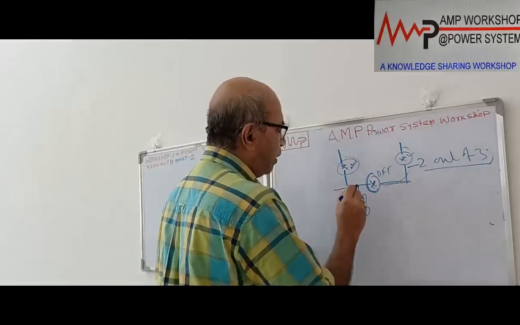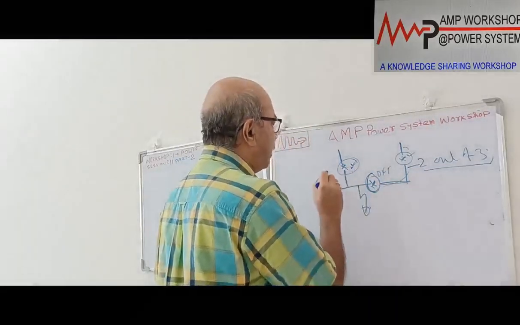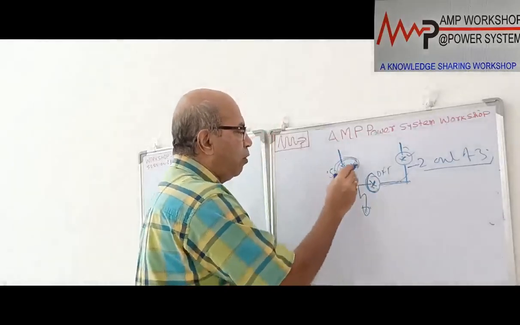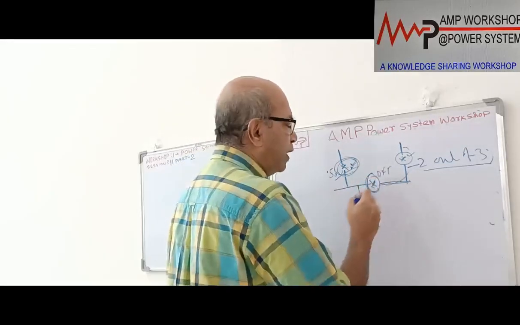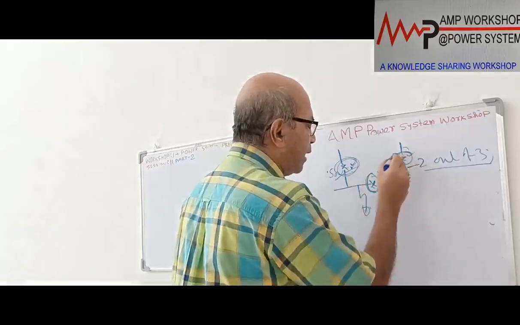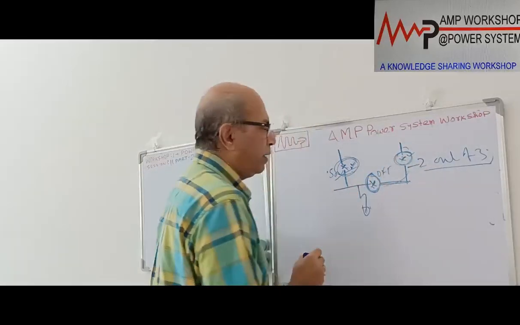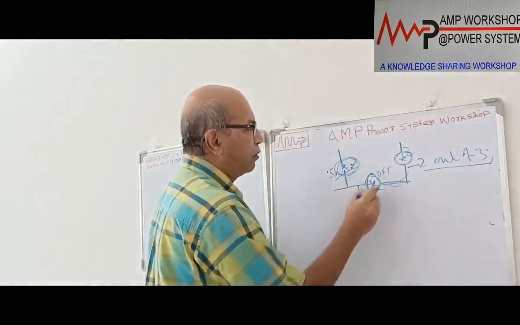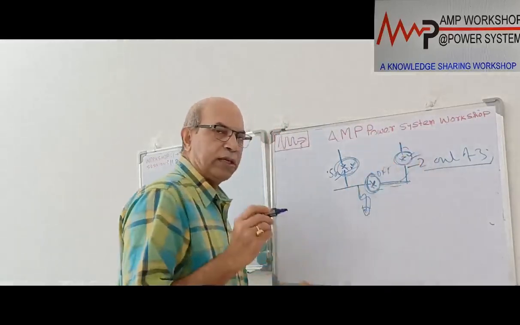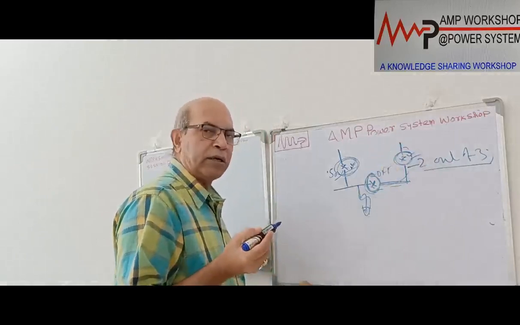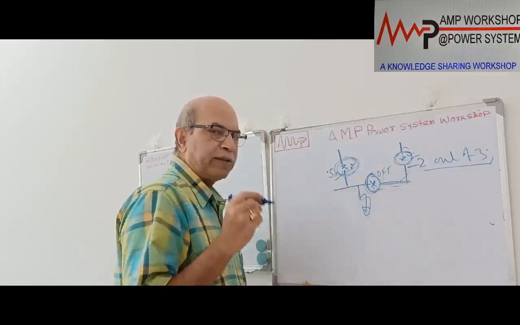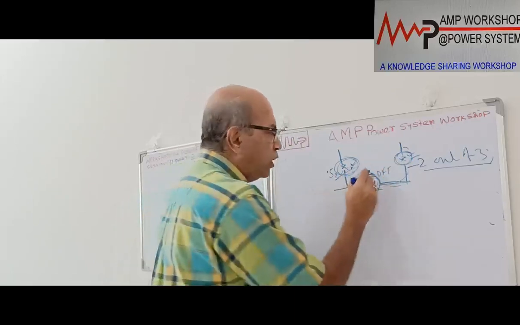So if there is a fault over here, it will operate at, suppose, 0.5 seconds. The moment the incomer is off, immediately the auto changeover scheme will try to close this breaker. This breaker is already closed, so it will try to close the bus coupler. That means the moment the bus coupler closes, again it is closing on the fault. So again this breaker will trip. That is not intended. The other breaker also should not be subjected to it. That means in case of a bus bar fault, the auto changeover scheme should be blocked.